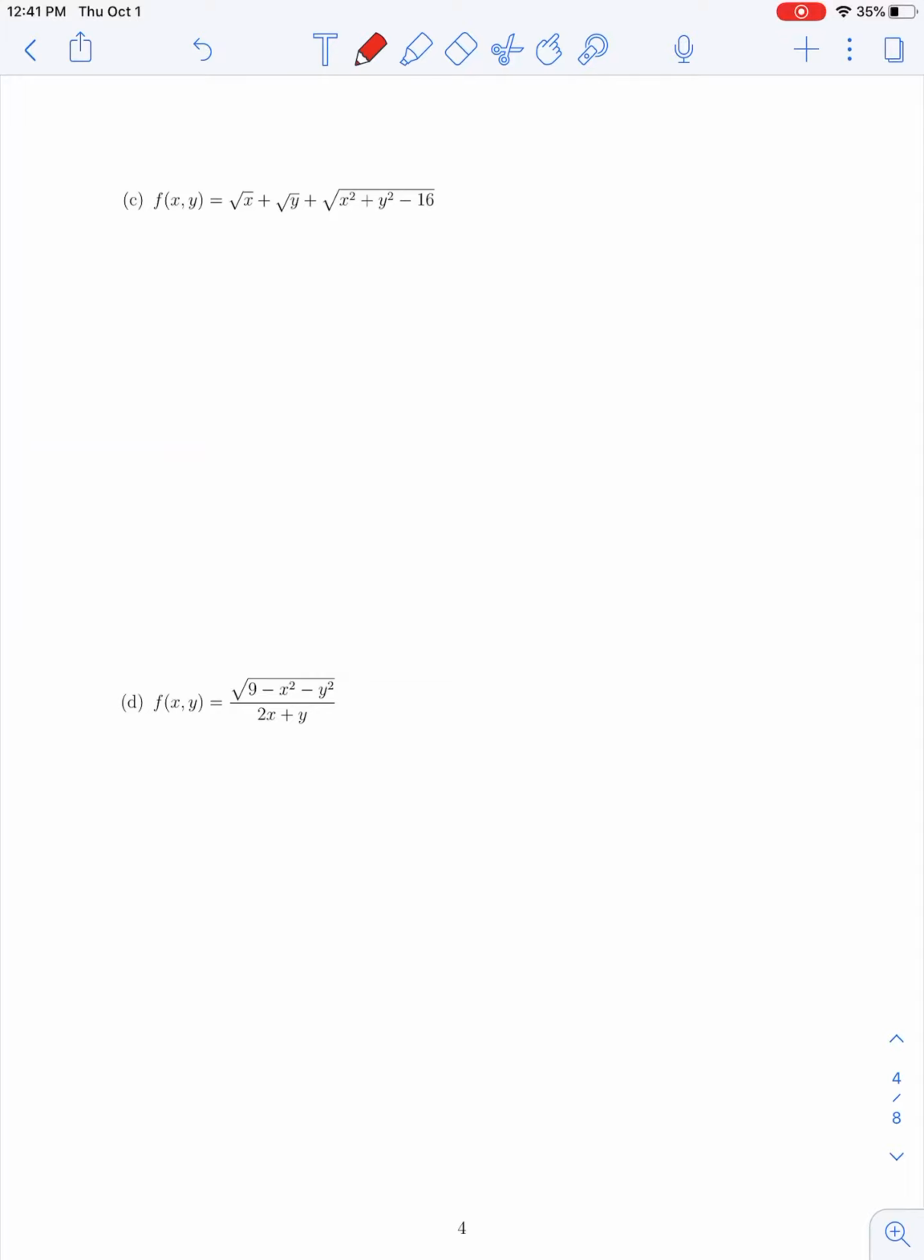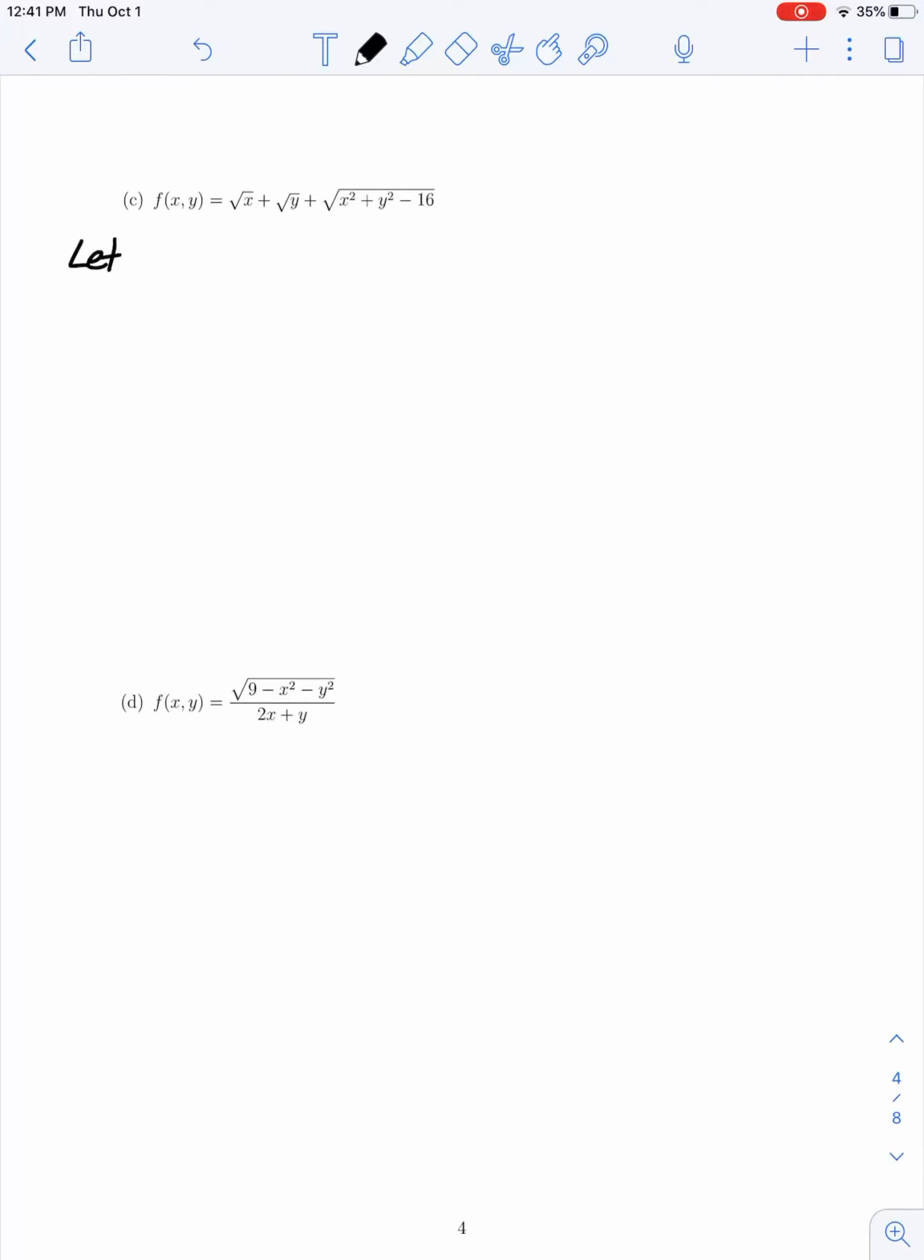So let's look at some other ones. In part C, we have the function f of x, y, defined by the square root of x plus the square root of y, plus the square root of x squared plus y squared minus 16. So in order for this function to be defined, the expressions that we have under each of these square root